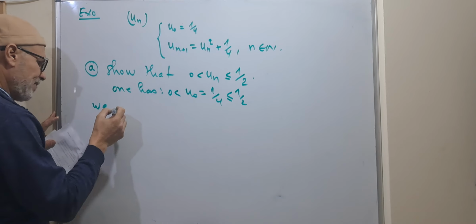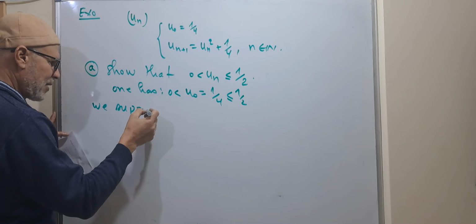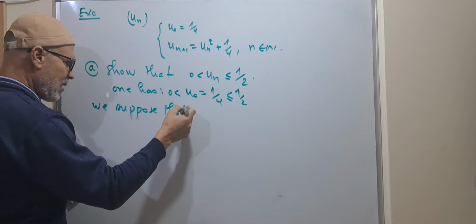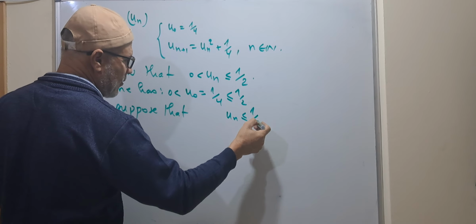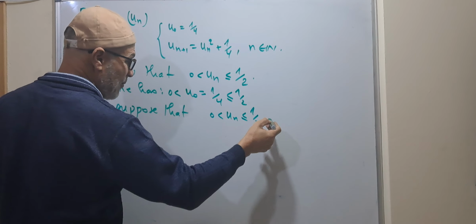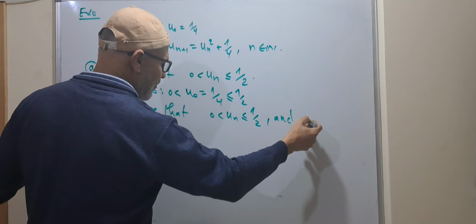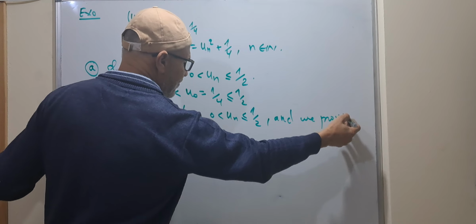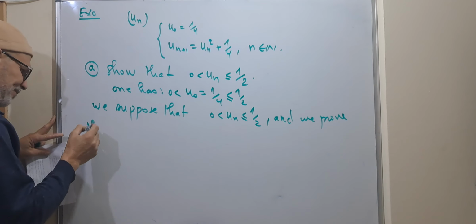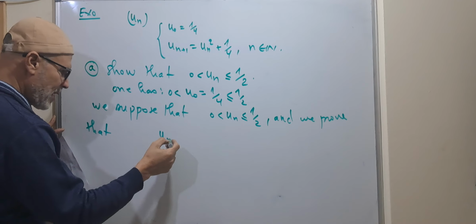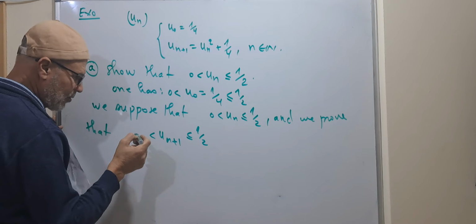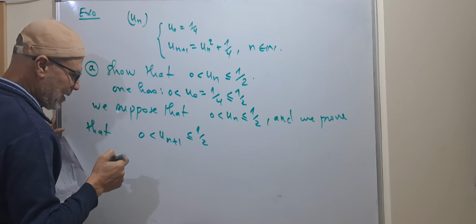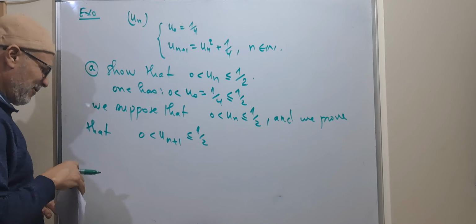We suppose by induction that Un is less than or equal to 1 half and greater than 0, and we prove that